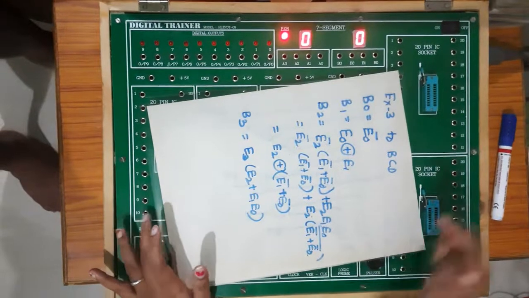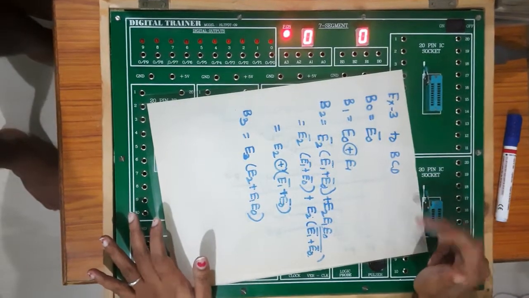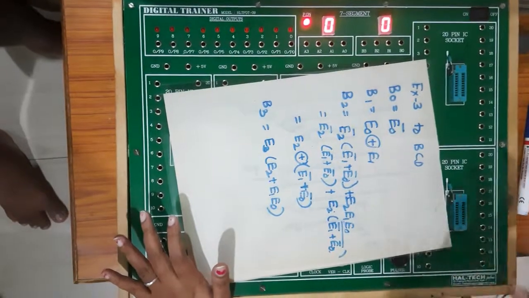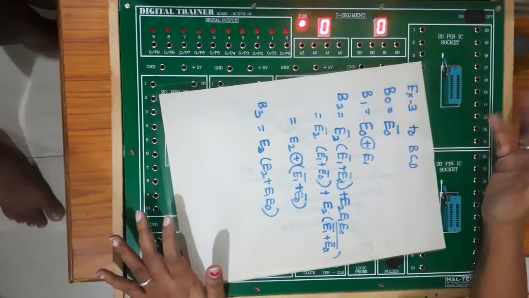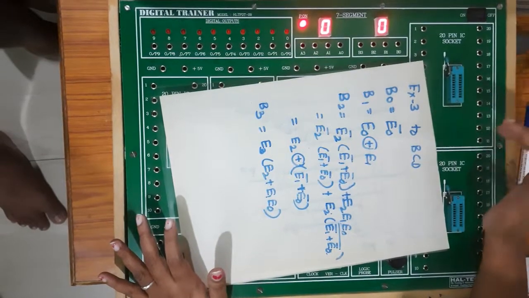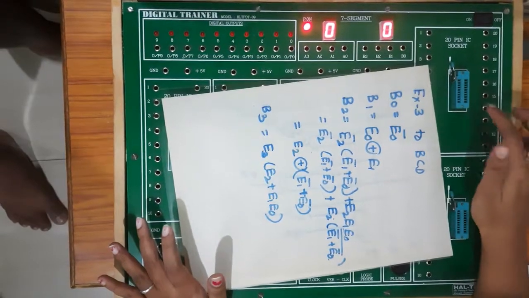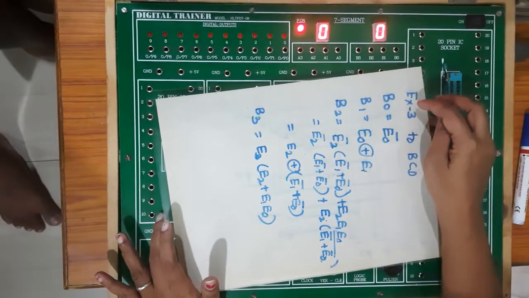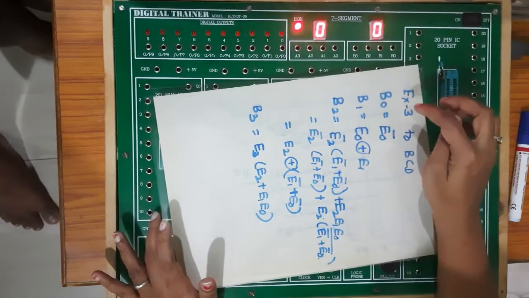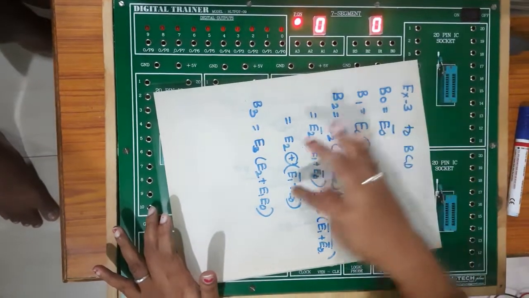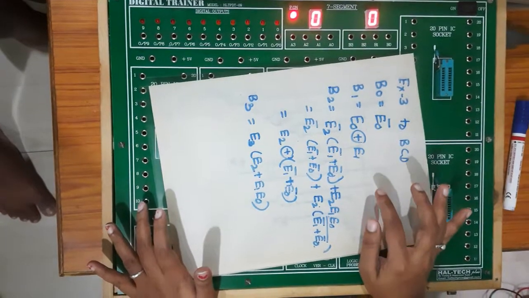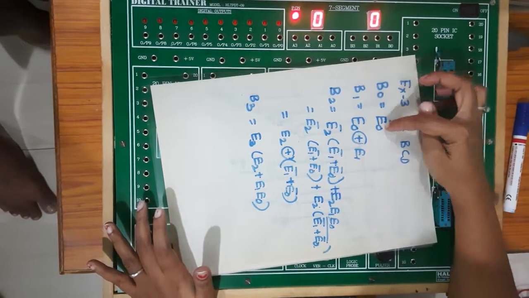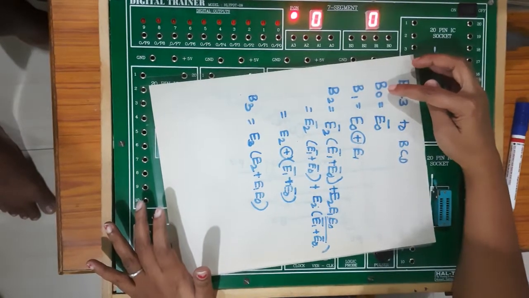Now the next part is the XS3 to BCD converter. We have already obtained the equations for XS3 to BCD. Referring to the truth table, we mapped the values into the K-map. Grouping them together, we were able to find the equations. I think I gave this part as homework to you, and I mentioned these equations in my notebook, so the equations are with you. This is the output, this is the input. XS3 will be my input and I will be getting BCD values as my output.